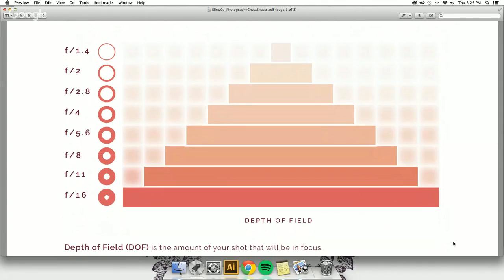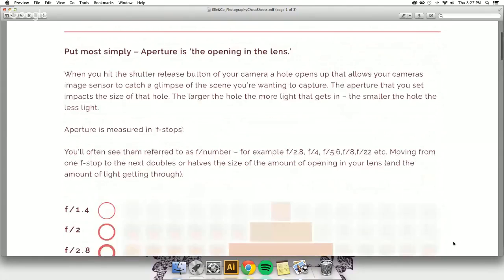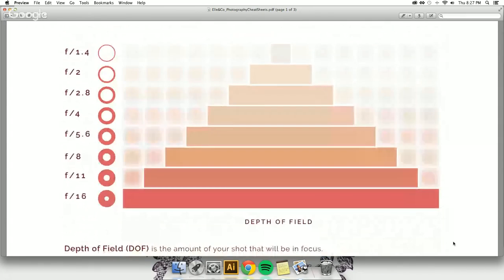Yes, just a second. So, okay, that is a picture of the depth of field. So on the left, you can see the F numbers, which kind of correspond to the aperture. So lower the F number, that means the aperture is higher. So that means more light. Okay, so as you can see, the shutter is kind of decreasing as you go on the left, and the depth of field is increasing.